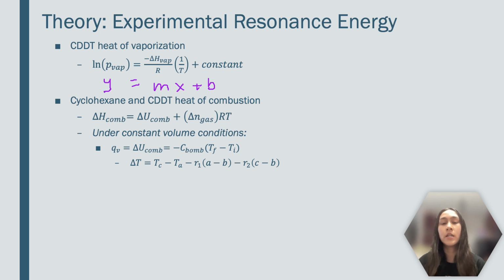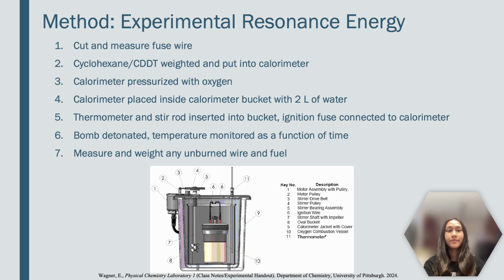R1 in the equation is the slope between points A and I, which is the time of firing the bomb and time of initial temperature. R2 is the slope between points C and F, which is the time of maximum temperature and time of final temperature. Below is a diagram of the calorimeter setup, and you can pause the video to read over the experimental